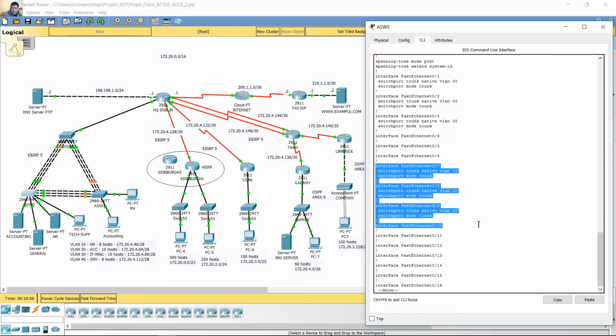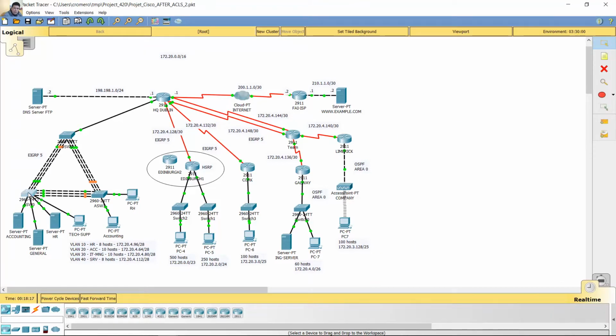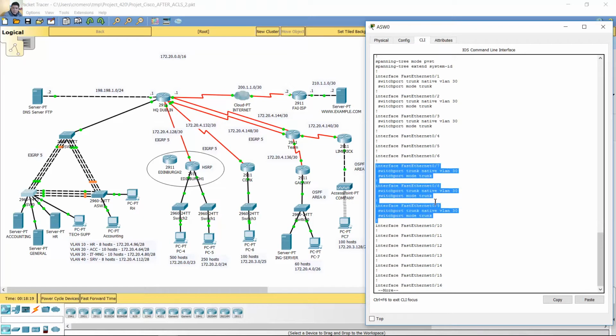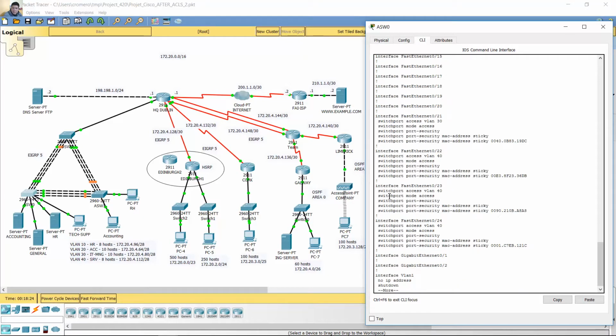And these other 3 ports are the ports connected to the other access switch. Okay, these ports use native VLAN 30 in their trunks,